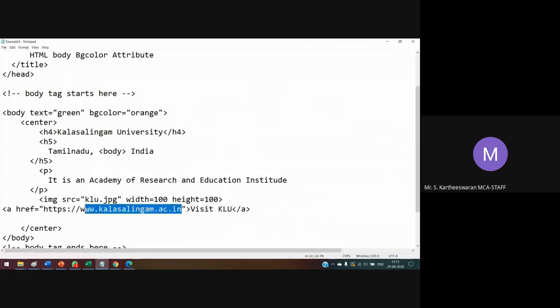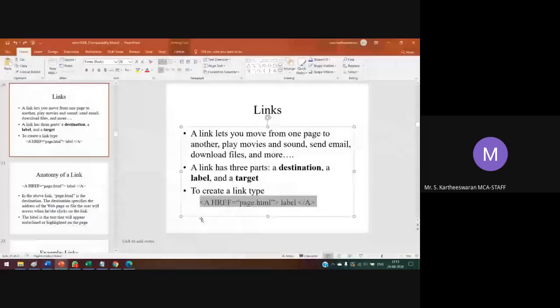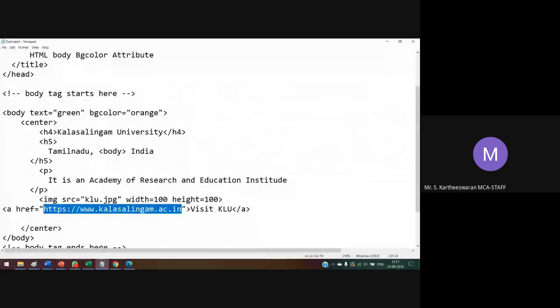We have already discussed how to create a link from your destination, label and target. The target here is a Kalasalingam University web page. You have to provide the label visit KLU through the anchor tag.